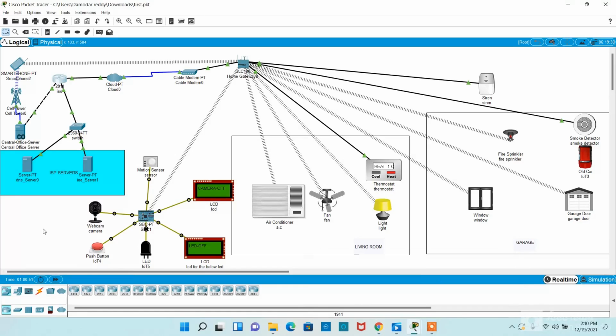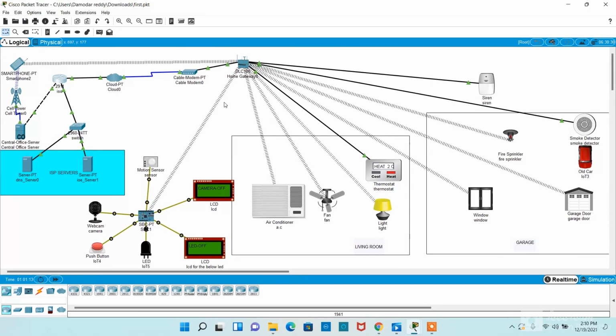Similarly, I have done the configuration for the DNS server, and all the router configuration is done. Now I have used the home gateway, which acts as an interface between the user's smartphone and all the IoT devices in the home. So the user can access all the IoT devices through the home gateway only.